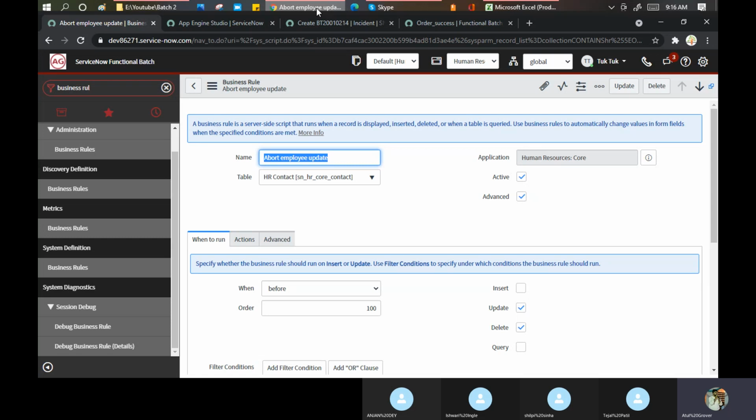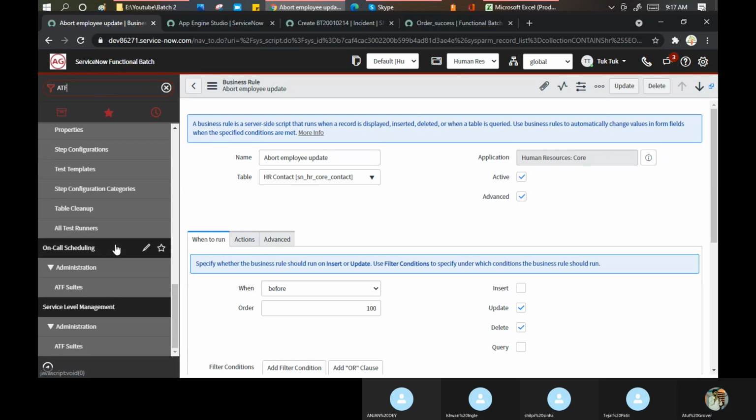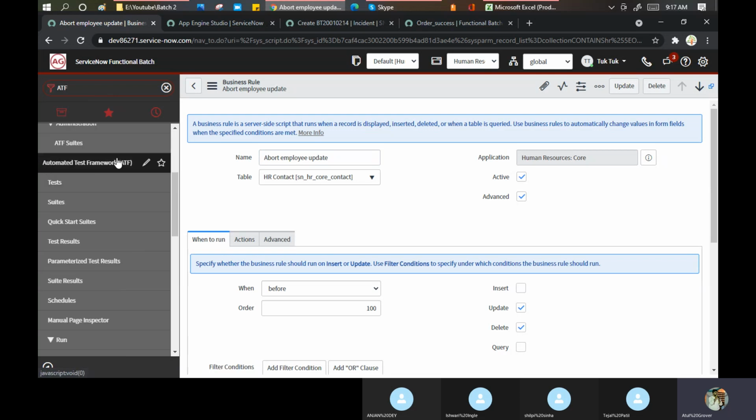Now all these things have been automated in ServiceNow, and we call this concept the ATF, automation testing framework. Two major concepts are going to be discussed here. One is called the ATF, let me show you here. Yep, this one, ATF. I have two major things. Number one, I have a suite. Number two, I have test cases.